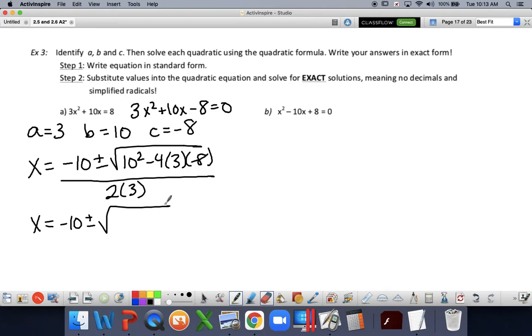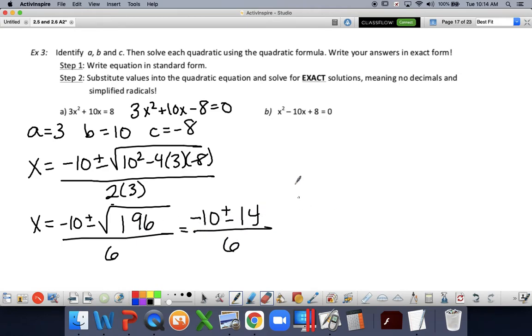What do I get? Pick up my calculator as well. Minus 4 times 3, negative 8, 196. So that's a nice round number, all over 6. So I get negative 10 plus or minus the square root of 196, which is just 14, all over 6. So that means this equation here, I could have solved by factoring because I'm going to get some nice answers here. I have a plus or a minus, so I'm going to rewrite this as negative 10 plus 14